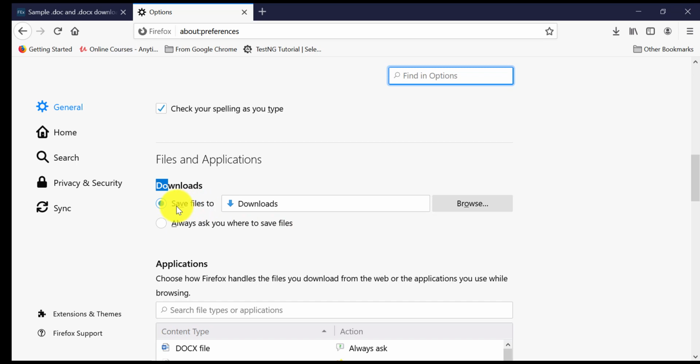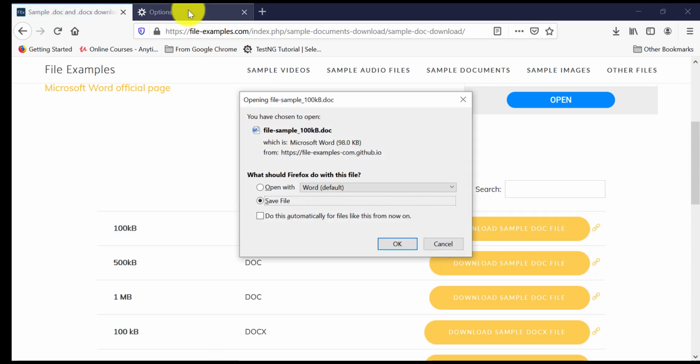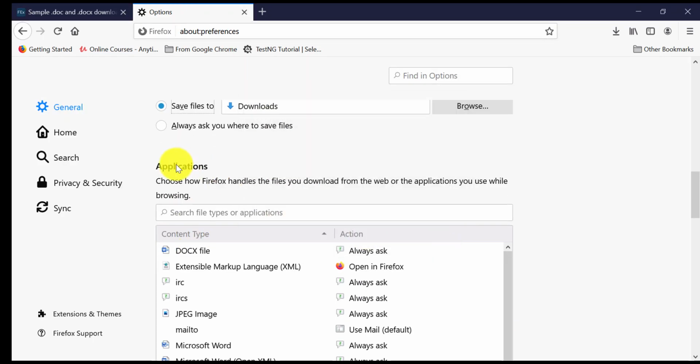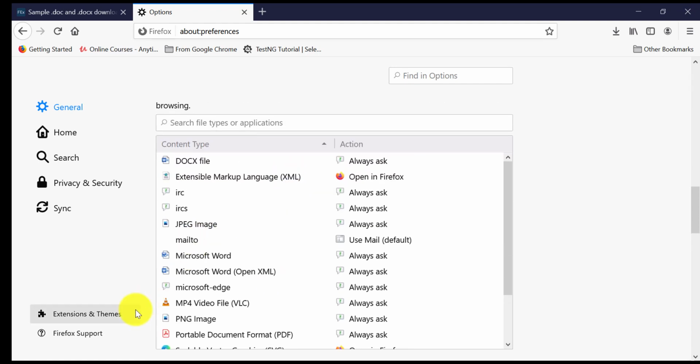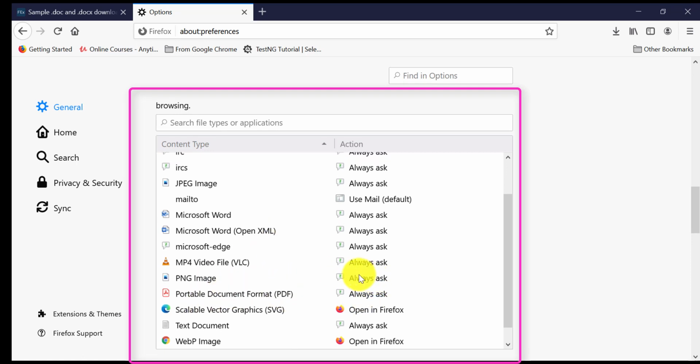We have selected this, and it is still asking this pop-up because there is another setting. If you go down to Applications and check the content type, for PDF the option is set to always ask, meaning before downloading any file it will ask.